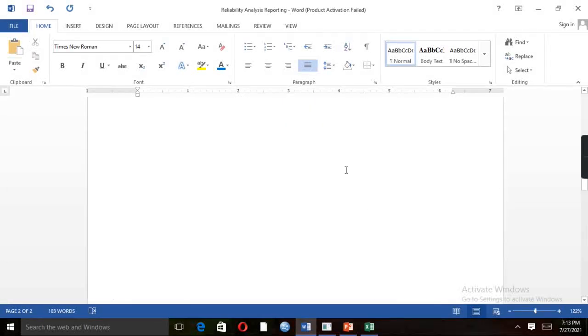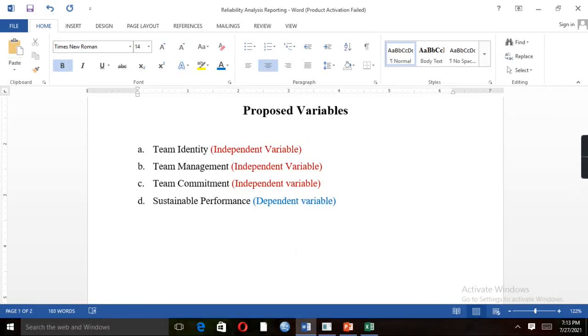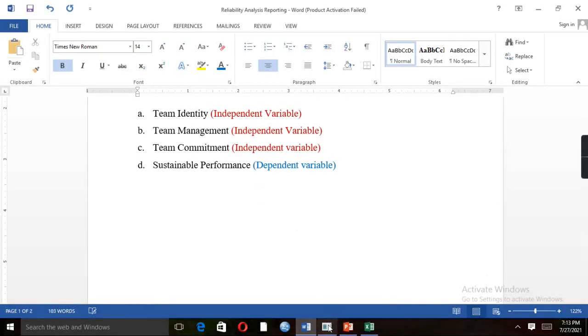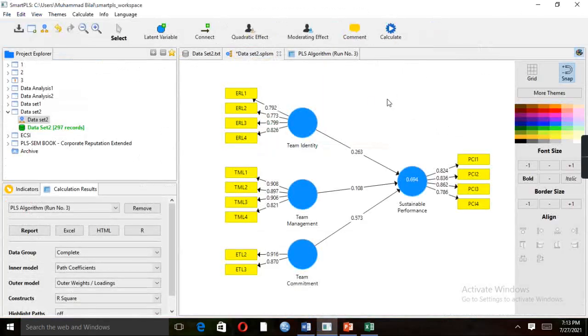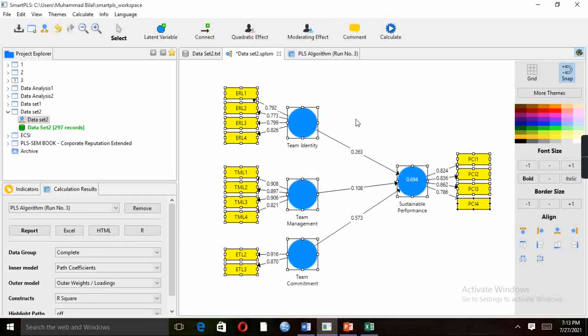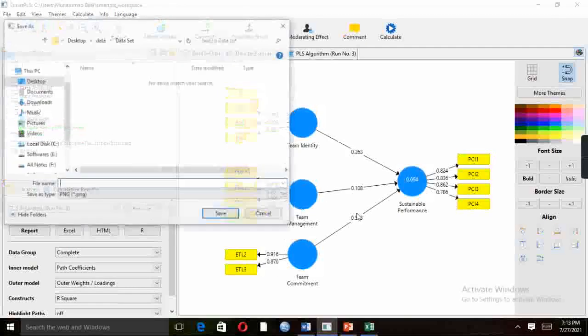Another thing, we can also copy and paste our measurement model. So this is our measurement model. We can also copy and paste this model into our Word document. Export image to file.